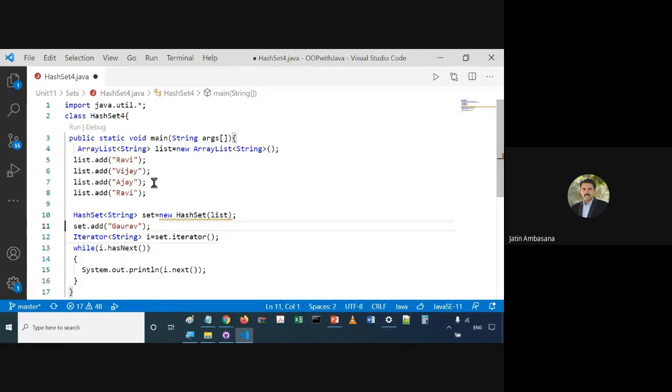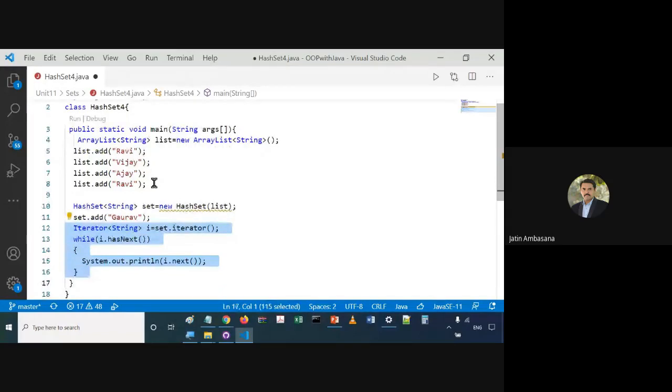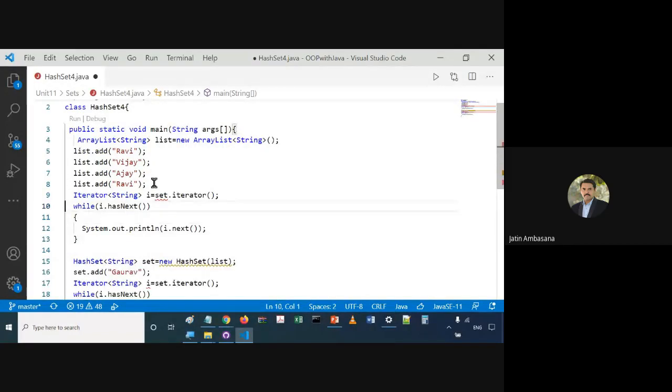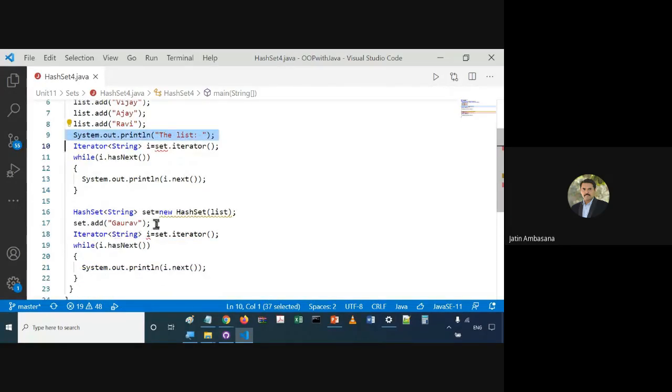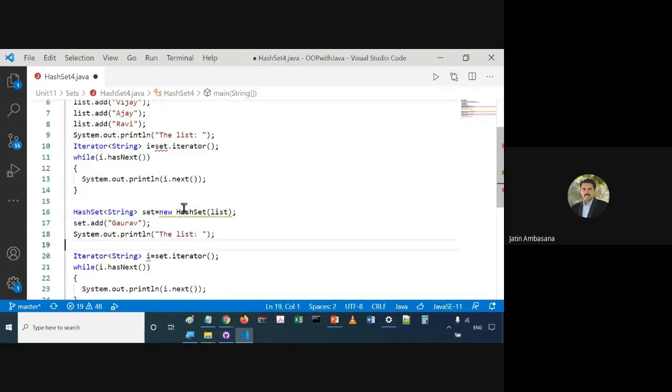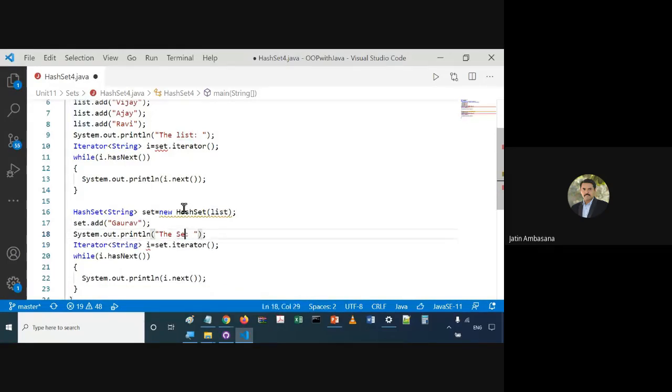And we can even get the iterator for the list. This is the list. And then we will say that this is the set. The list and the set.